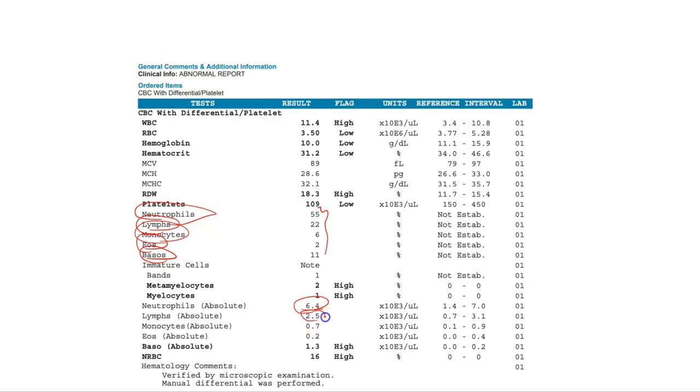So the actual number of them. Other things that you can see on a differential count would be the amount of hemoglobin, and that is in grams per deciliter. It'll tell you the hematocrit, what percentage of the whole volume is red blood cells. And here we're showing 31% of the whole blood is made out of the red blood cells, and